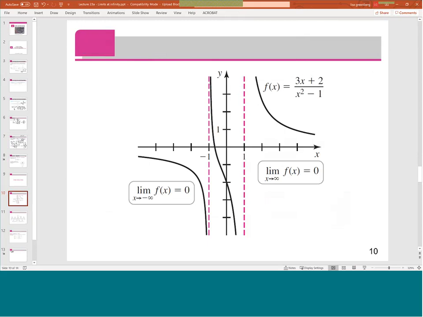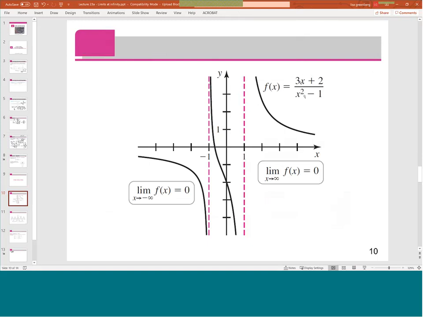When you have a polynomial over a polynomial, which is a rational function, you will only have one horizontal asymptote. We learned that when we did graphing rational functions, we always had one horizontal asymptote. But you could have multiple horizontal asymptotes if you don't have a rational function. So this one is going to have,